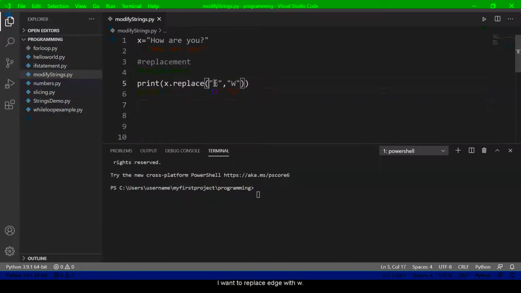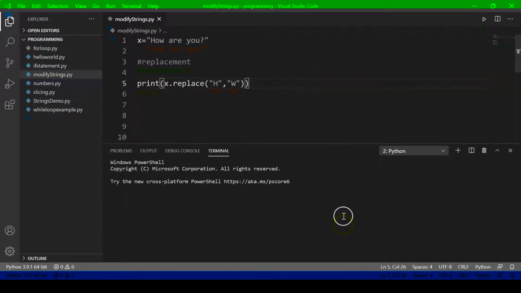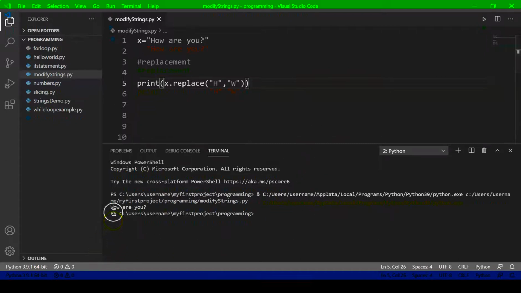The first parameter is what you want to replace, and the second parameter is what you want to replace it with. All right, so if I run this, we should see the output, and as we can see in the terminal log, we got the output wow are you. So we can use this replace function to replace any character, any substring with anything.